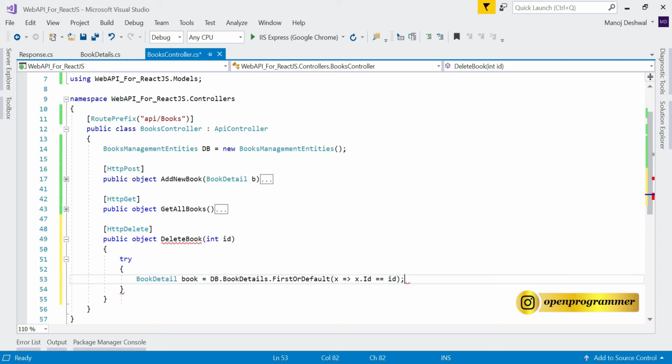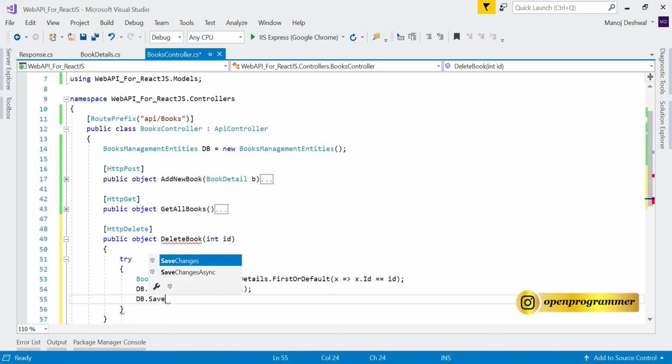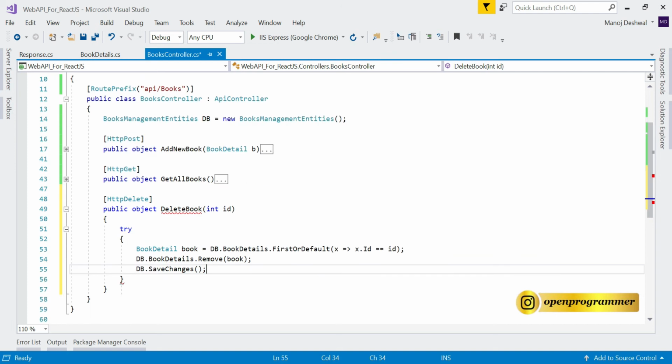So that's it. If we got the book, then db dot book details dot remove, we have a remove method, and inside this we need to pass the object of a class. Here we are using this book detail, so we need to pass the book object and then db dot save changes. So this is how to delete a book if it exists in the database.